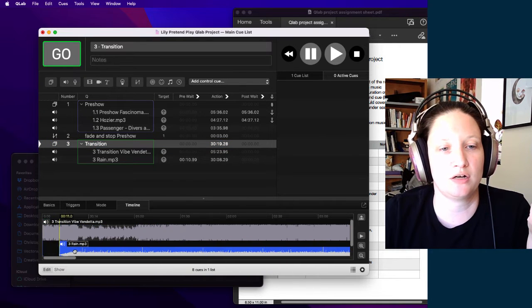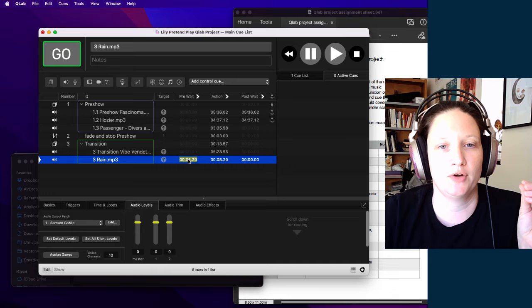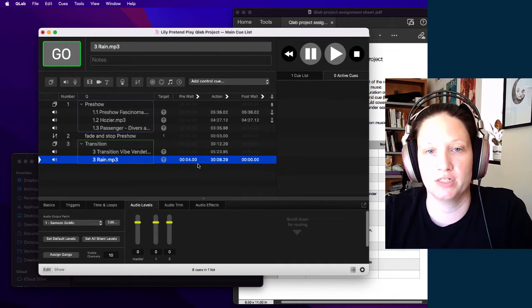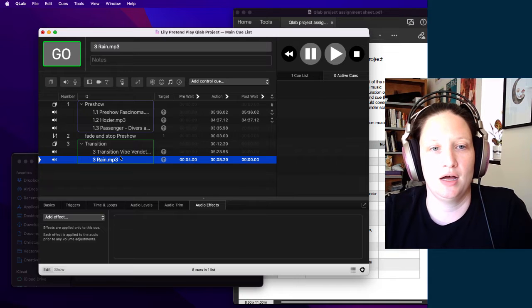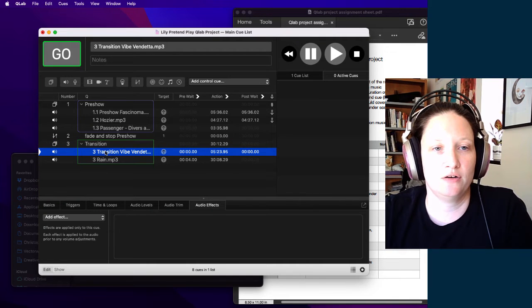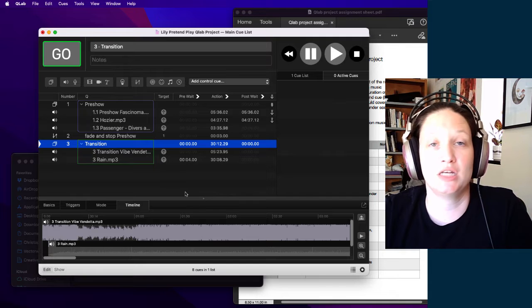So the music is going to start first, then the rain, right? The rain maybe starts a few seconds later, 5 seconds later. You'll notice as I move things around in here, you're also able to see in this pre-wait column, right? It's going to wait 4 seconds before it starts, and the audio and the group timeline is going to show that, right? So I'm going to have this guy start first, and then 4 seconds later, the rain is going to start. Let's just hear what that sounds like,